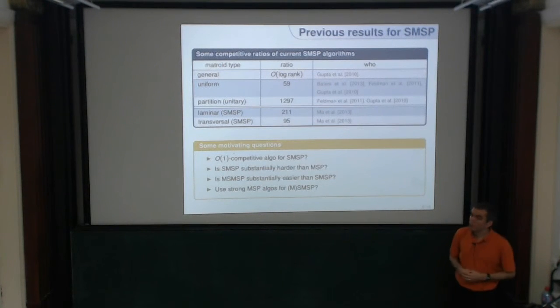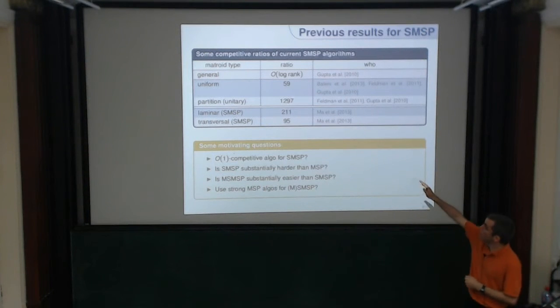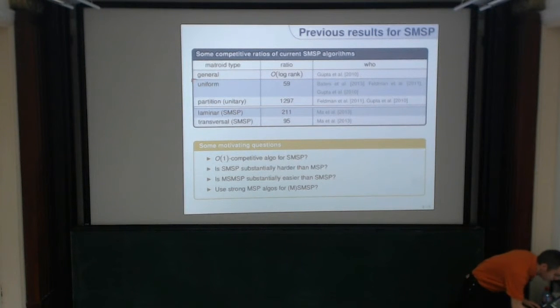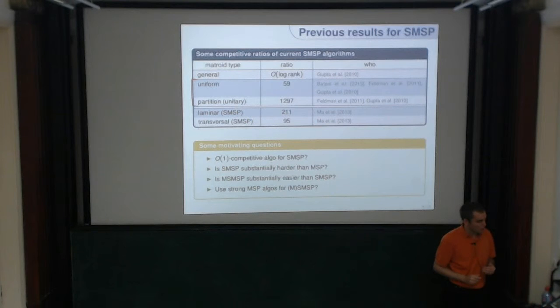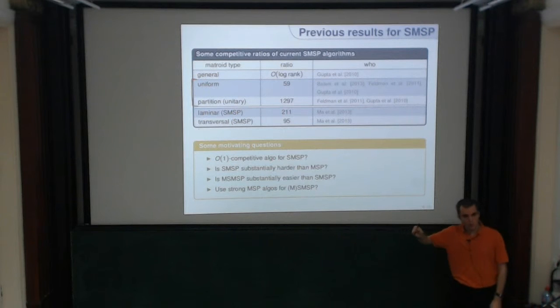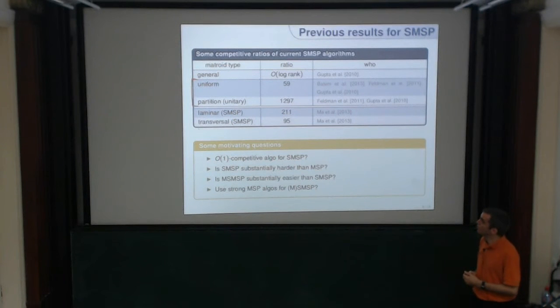So let's move over to the submodular version of the matroid secretary problem. There things look much more grim. The best algorithm for general matroids is a log rank competitive algorithm, and some results are known for special cases. But for the general submodular matroid secretary problem, the only results that are known, in this block in the middle, are constant competitive algorithms for uniform and partition matroids. Then some more results are known for laminar and transversal matroids in a case where the submodular function is additionally monotone. That's the monotone submodular. I see this should be an M as in MSP here.